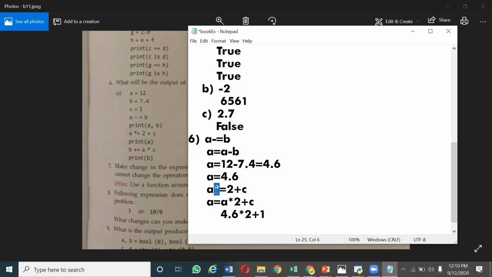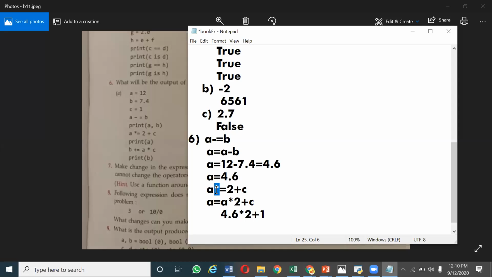A equal to A star 2 plus C. We know that the multiplication operator takes the highest precedence, so it would be evaluated first: 4.6 multiplied by 2, which is 9.2, plus 1, which is 10.2. However, if you are using an augmented assignment operator, whatever the expression on the right hand side should be evaluated first, and then the augmented operator is applied.